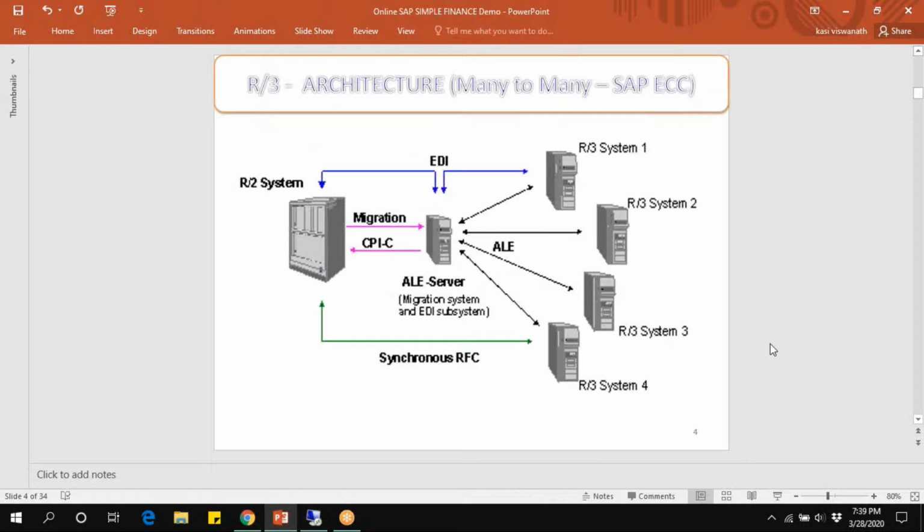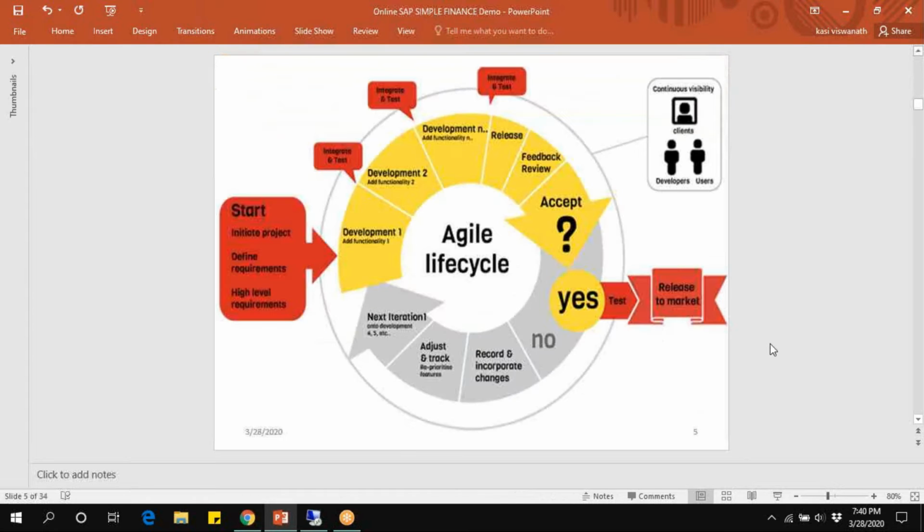Many servers, many users work at a time. In this aspect, we used to customize through migration strategy. While migrating, we have two things: EDI, electronic data interchange, and ALE. Under ALE, we have two more platforms: OLAP and OLTP, online analytical processing and online transaction processing.